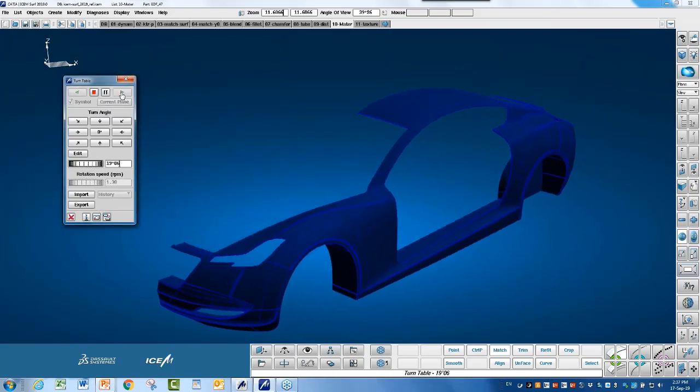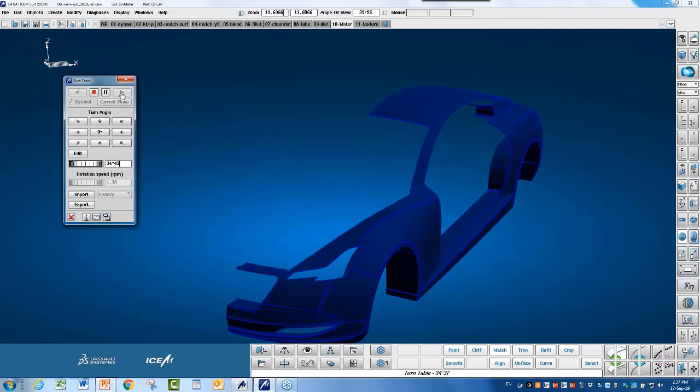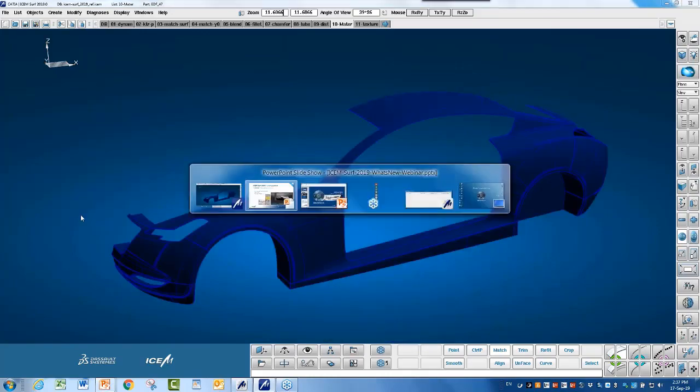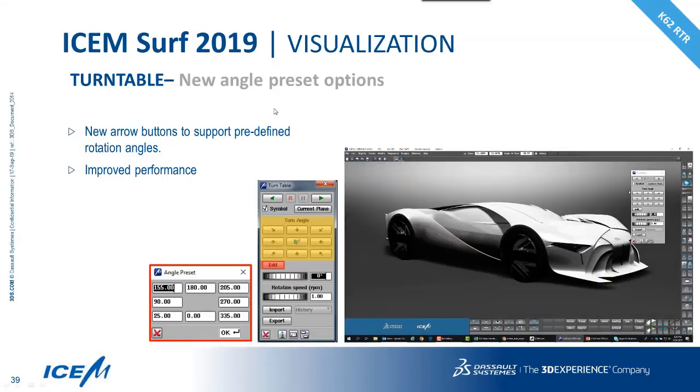There we go, a nice slow turntable. So, nice enhancement to the UI here. Okay, so